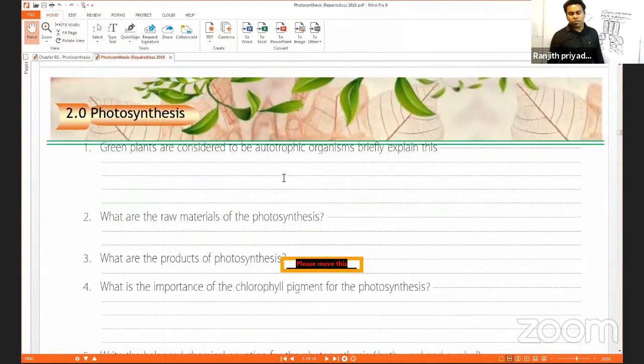Yes, green plants are considered to be autotrophic organisms. Briefly explain on this. Before that, we have to know what are the types of organisms who are involved in the process of